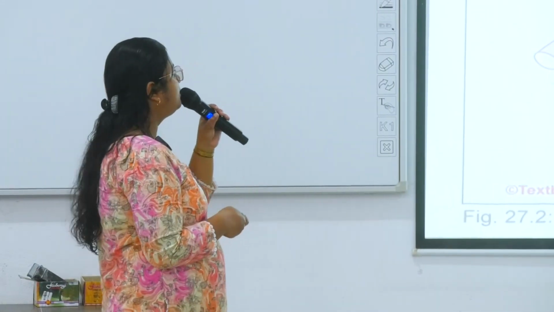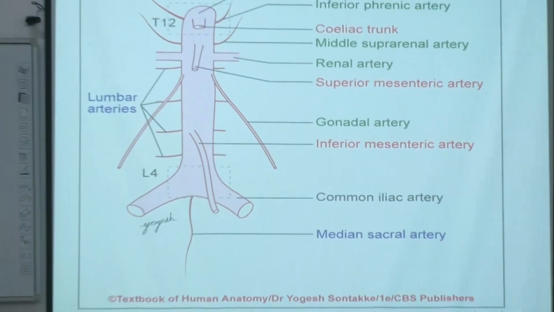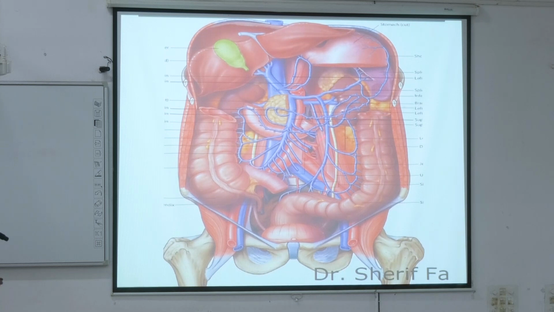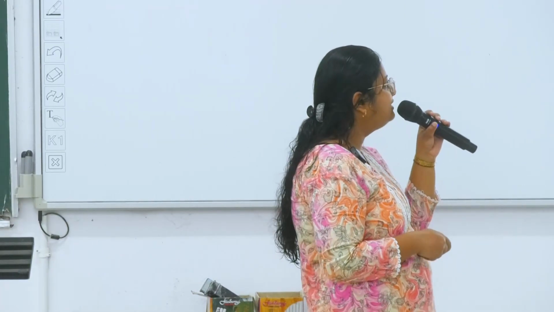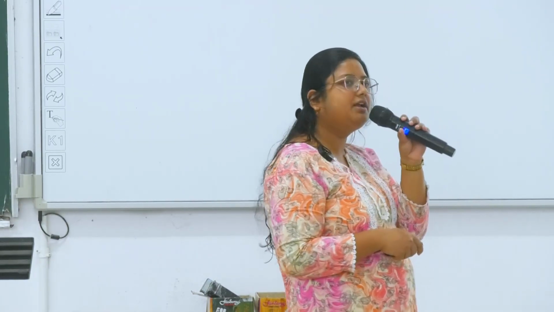See, these are the two common iliac arteries dividing into external and internal iliac. Next. See, these are the branches. Common iliac dividing into external iliac, internal iliac. Internal iliac has multiple branches. It is dividing into anterior and posterior divisions, and from these divisions it is supplying the bladder, rectum, and uterus in female. Okay, ovarian arteries, all those are coming from this internal iliac, and external iliac is continuing as the femoral artery.